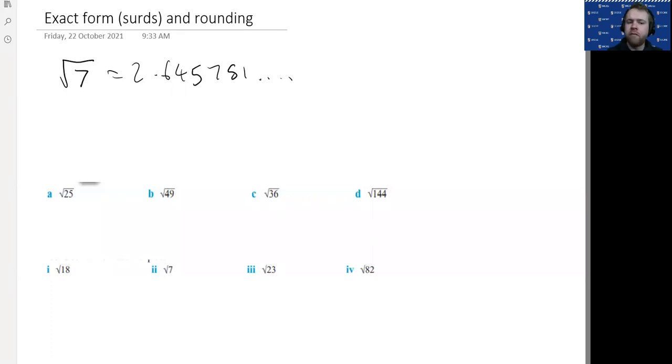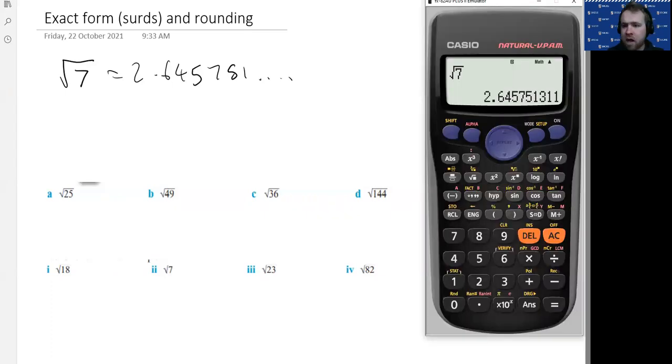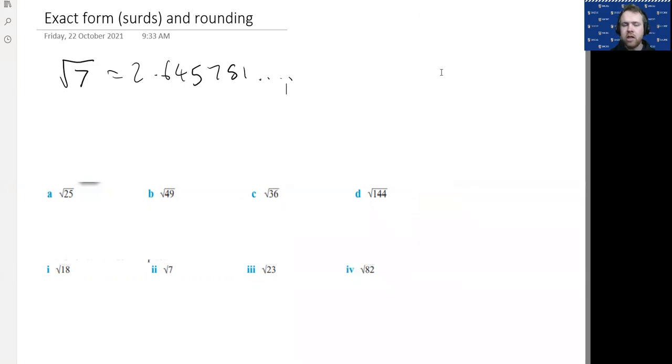Often our calculator screen can actually only store a certain amount of digits. So this decimal would actually keep going on forever. We call it an irrational number because you can't write it fully as a decimal or a fraction. That decimal actually goes on forever. So we have an issue. To actually write this question out, if we're going to write it as a decimal, we need to round it